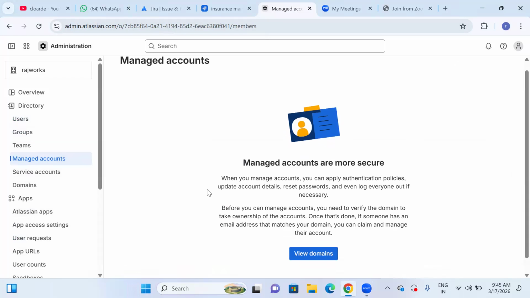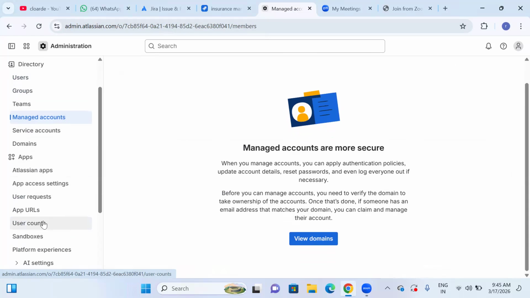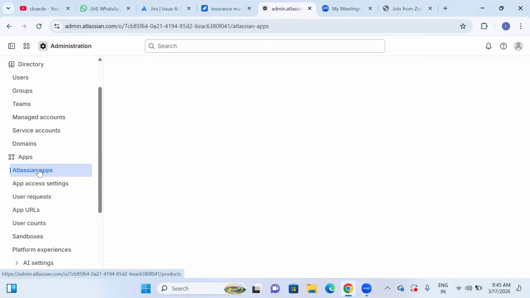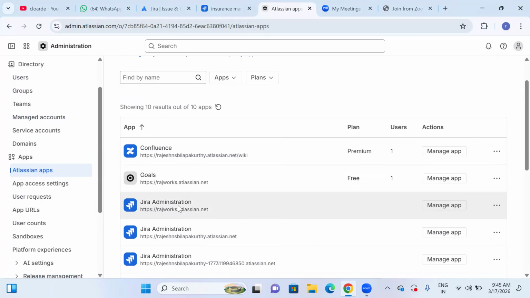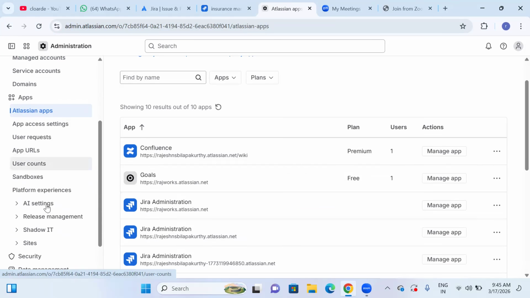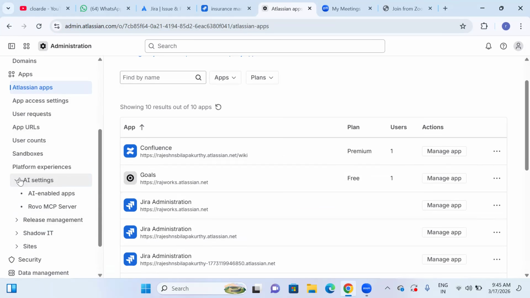apps that we can see, right? So we can identify what are the different apps we have. Multiple apps that we can see, right? So if you want to manage any kind of apps, etc., in Jira administration, you can manage the apps as well. So that is one thing that can be done. Next, at the same time, even